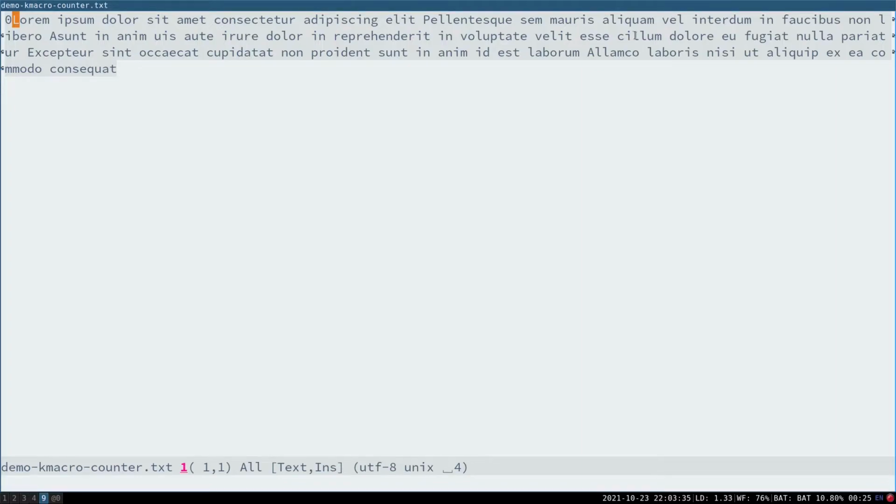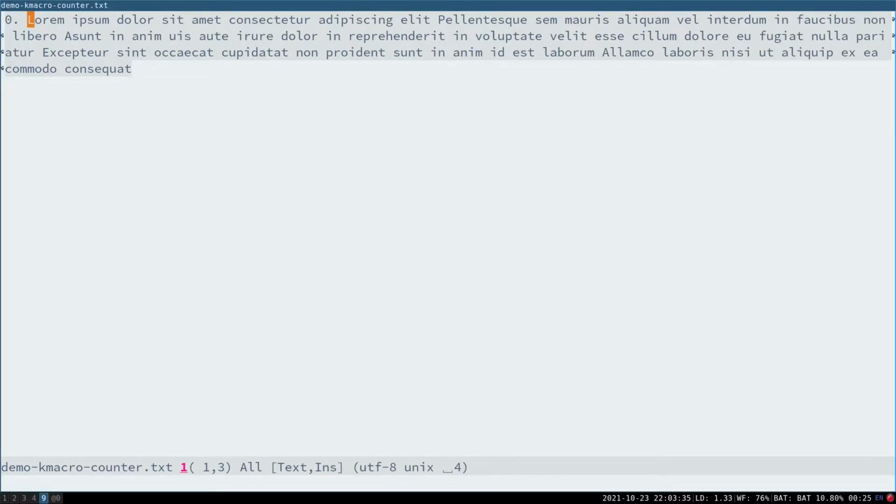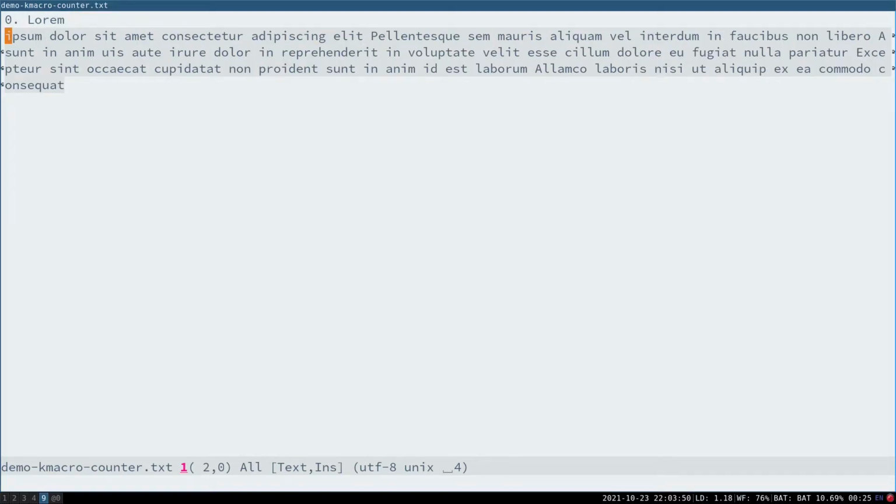Then type dot and space literally to insert a dot and a space, and move the point forward by word by pressing Meta F and hit enter to break the line. As you can see, we've made our first item.